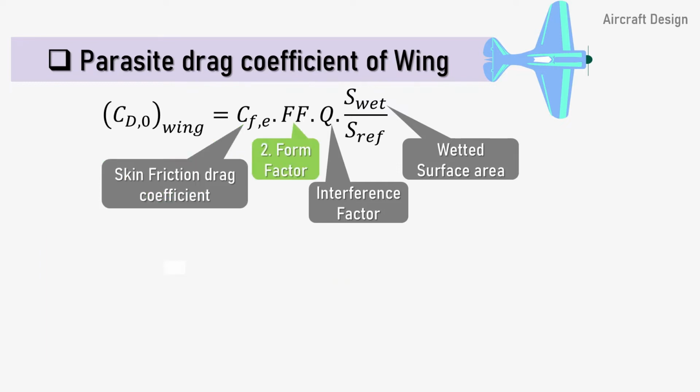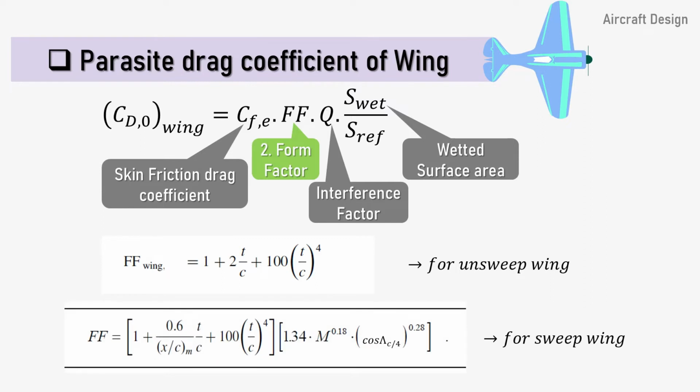To find the form factor, again you have to use the formula. Basically, this aircraft design is based on the formula for the type of flight and the flight regime. A very important factor is whether your aircraft wing planform is swept or unswept. If it is unswept, you have to use this formula. If it is swept, as in my design, which I am giving a demo of, it is a swept-back wing, so I will use this formula.